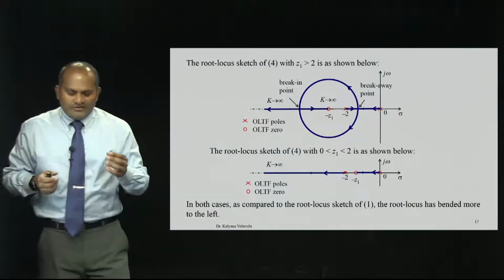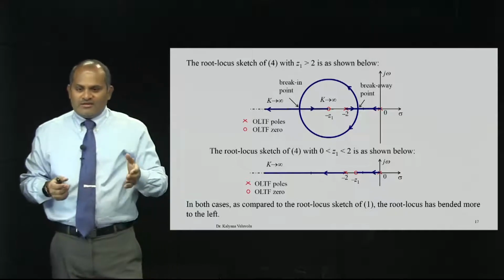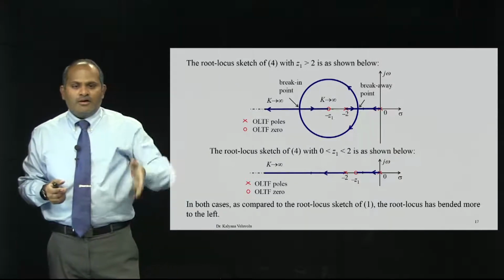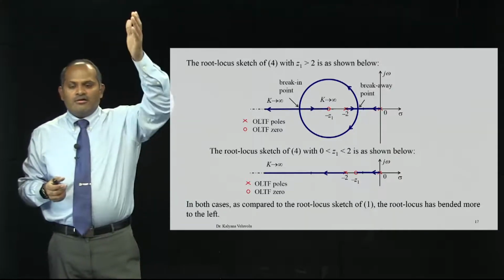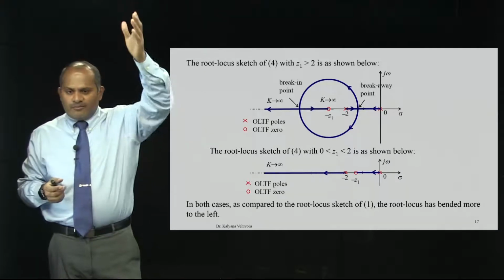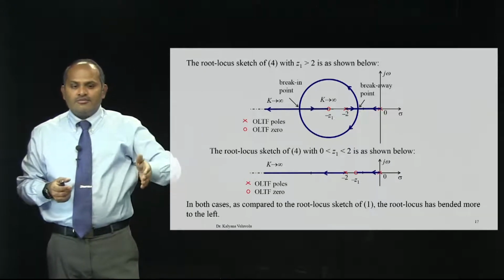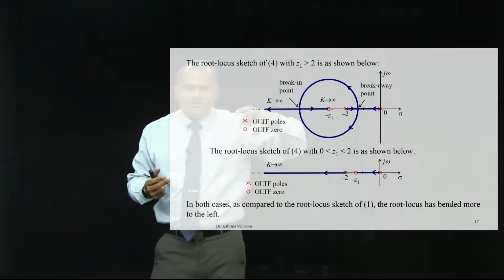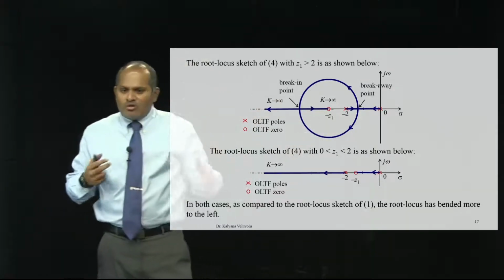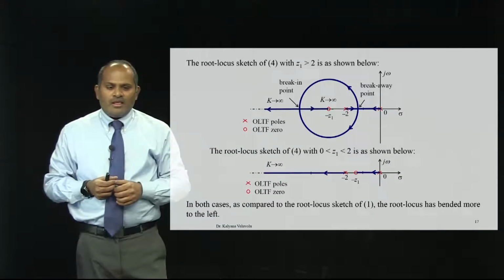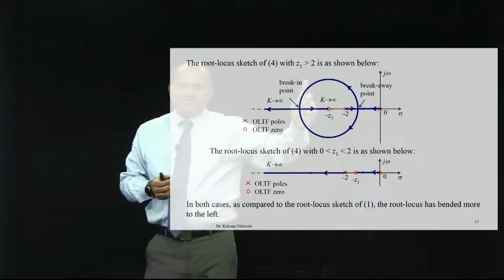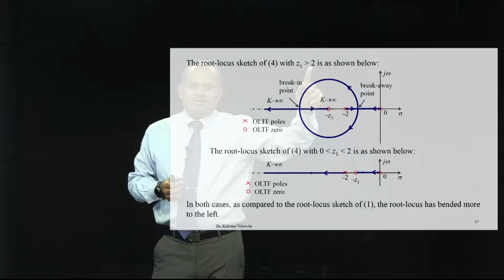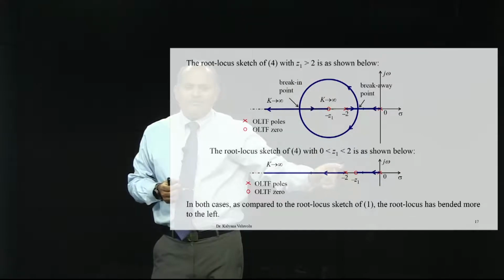So, the system which was also stable, but having the poles going to infinity for plus 90, minus 90 asymptotes, now bends to the left. So, you see it bends to the left. The system becomes more and more stable. So, this is for a 0 that is greater than 2, but however, if you keep it in between them, then it